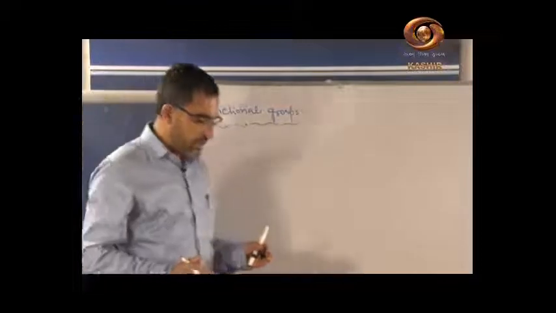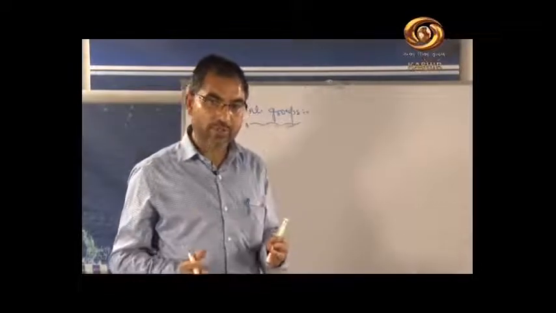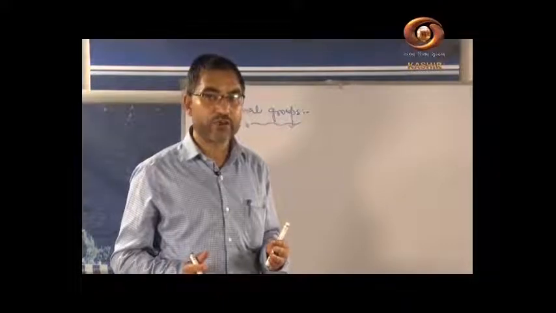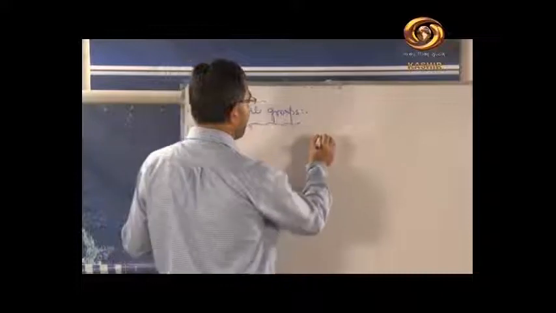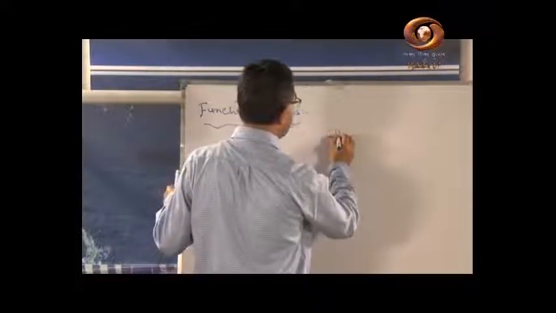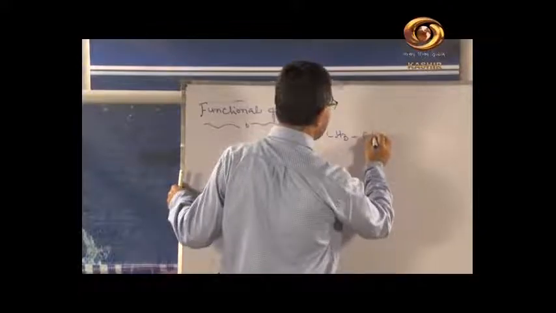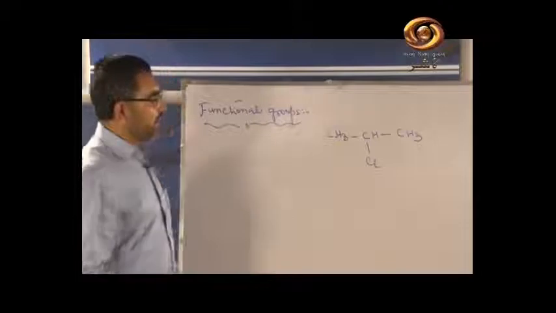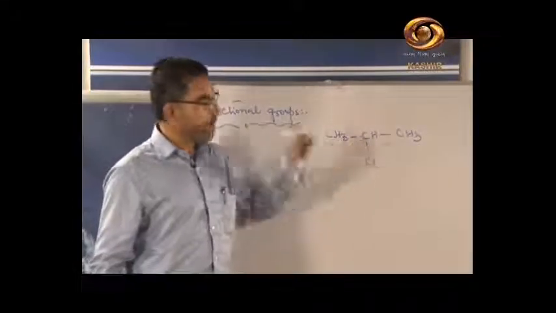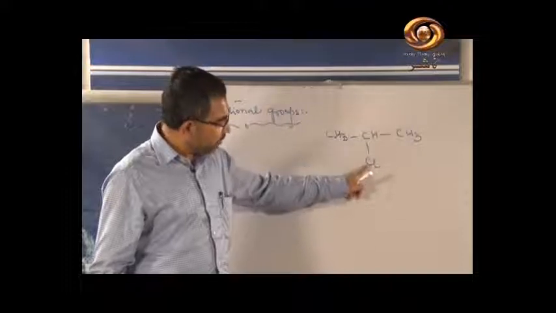फंक्शनल ग्रुप्स ऑर्गेनिक कंपाउंड्स में वो एटम्स या वो ग्रुप ऑफ एटम्स होते हैं which determine the chemical properties of that very compound. For example, if you have the compound CH3, you have the C, you have the Cl, CH3. See, here instead of hydrogen we have attached the chlorine.